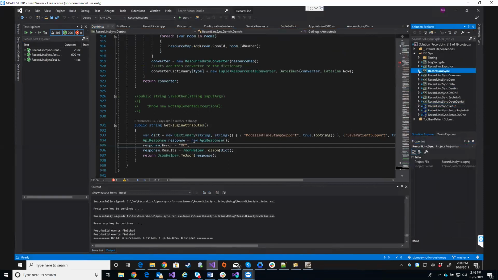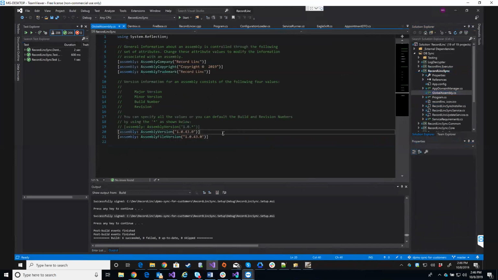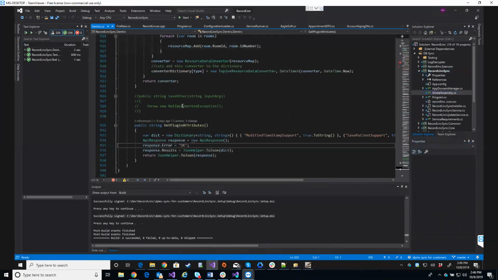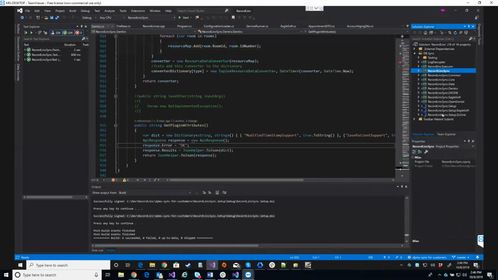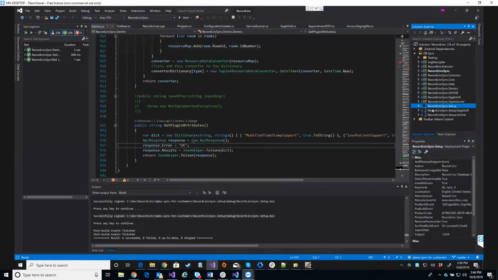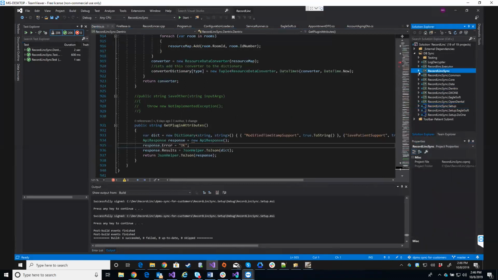And then the common version number that's shared among all the DLLs and executables is right here in a shared global assembly CS file. And all you have to do is update your version numbers here, and then you should be good to go to roll that and release a product. So again, that's all just utilizing our existing keys. So if you wanted to break from potentially overlapping between our service and your own, if you want to rename the actual service or things along those lines, then you can actually do that out here in